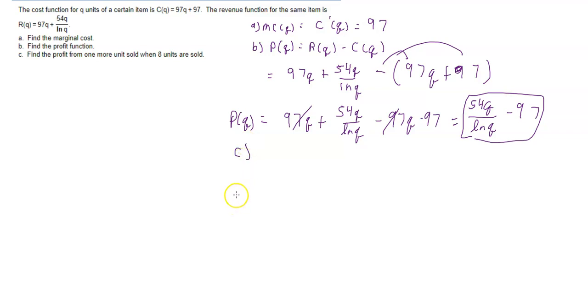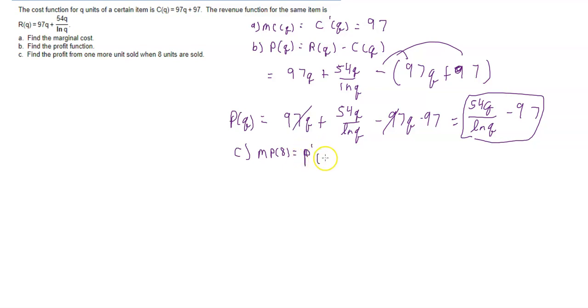Now for part C, it wants the profit from one more unit sold when 8 units are sold. Well, that is the marginal profit, or instantaneous rate of change, at 8 units. They want MP of 8. Well, that is the derivative of the profit function